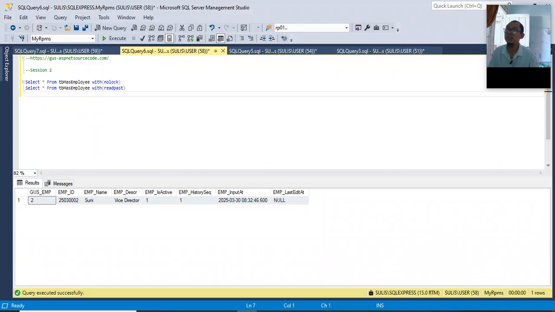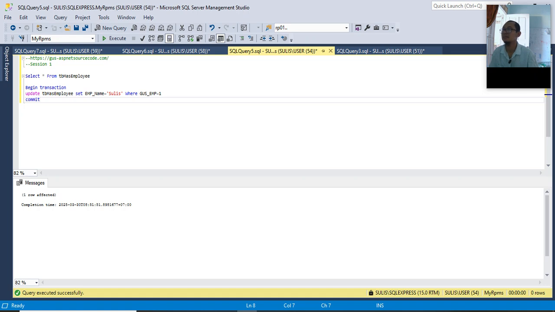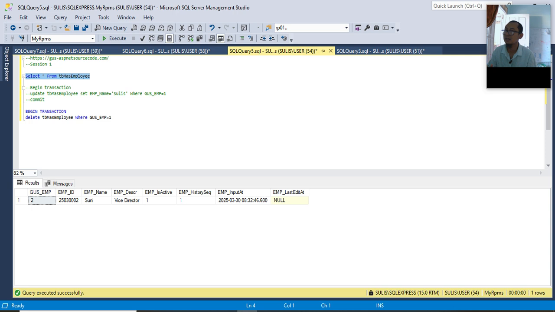Now, let's see what if I want to delete? Let's see. With begin transaction, I want to delete where Goose MP1. Let's see the data. Number 2.